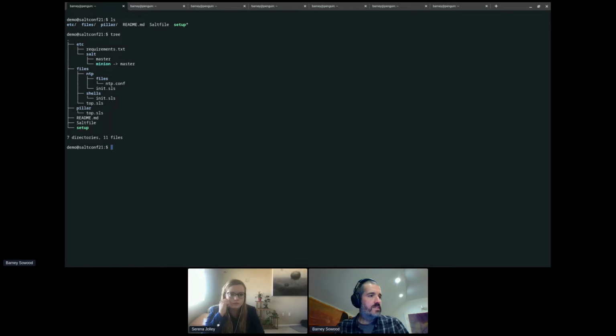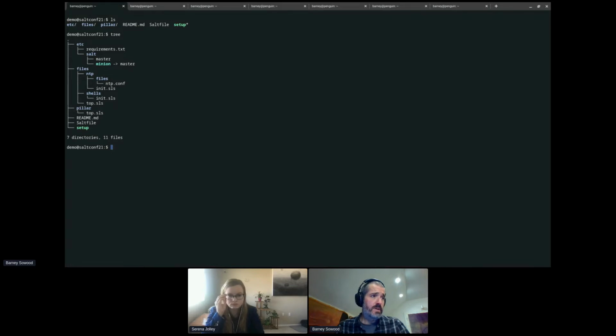So this is the directory structure we've got. Essentially, I've checked out a local copy of the repository, and this is what the directory structure looks like at the moment. As you can see, we have a few things in there.